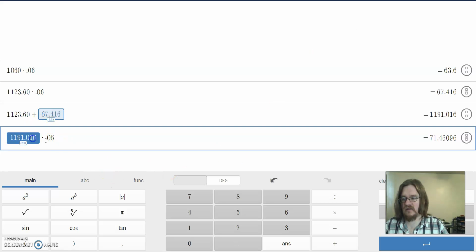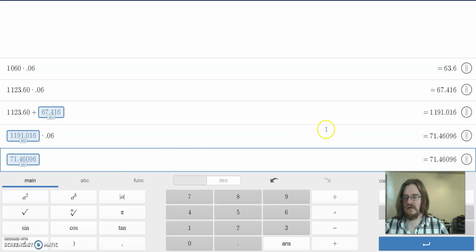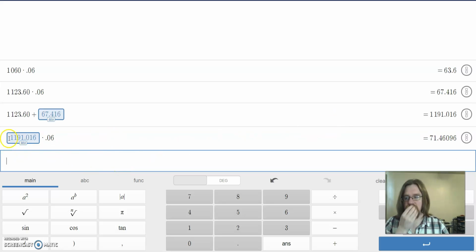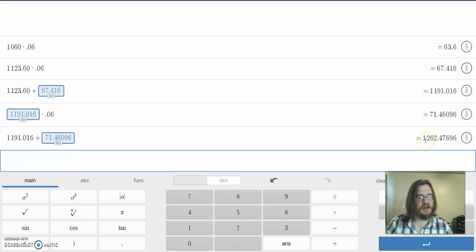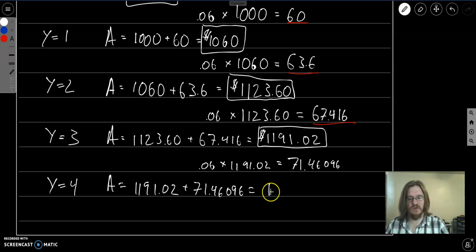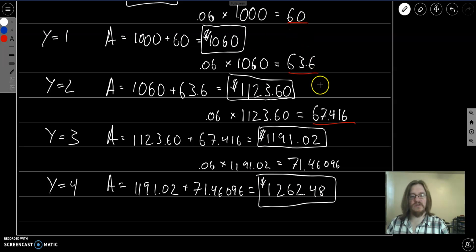And so that was 1.06 plus this guy, and that gives us 1,262.4, and we'll round it to 8. So 1,262.48. So we can see that our interest amount goes up every year because we're adding the interest back into